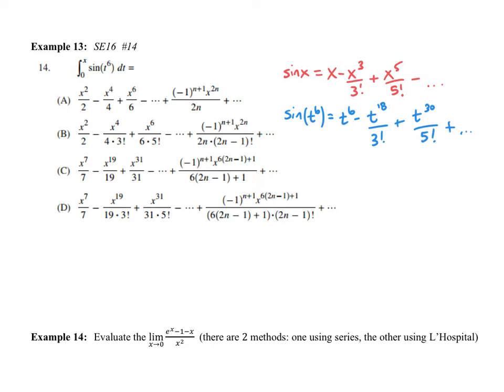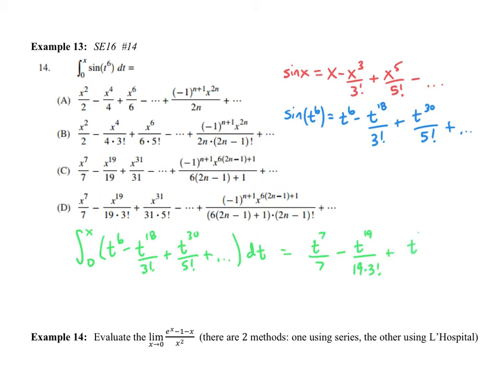Okay. Now we're looking to integrate each of these terms. So I'll jump down to the bottom so there's a little bit more space. I'm going to integrate from 0 to x, t to the 6th minus t to the 18th over 3 factorial plus t to the 30th over 5 factorial, and so on. So we get t to the 7th over 7, we're using the power rule, remember, t to the 19th divided by 19 times 3 factorial, plus t to the 31st divided by 31 times 5 factorial, and so on, and we're evaluating from 0 to